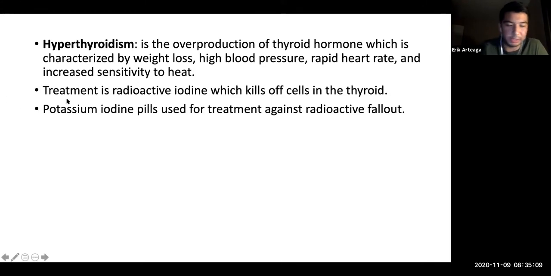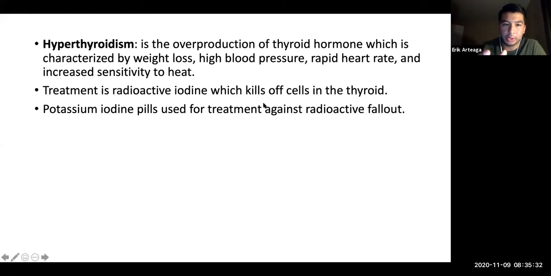So the book kind of talks about this, but there are surgery options as well. You can have targeted iodine into that area, which has been noted as more common. But there are also other types of surgeries that can be used, as well as other types of medications. Okay, but the book kind of referenced this, so I'm going to go with this. So treatment of radioactive iodine, right?